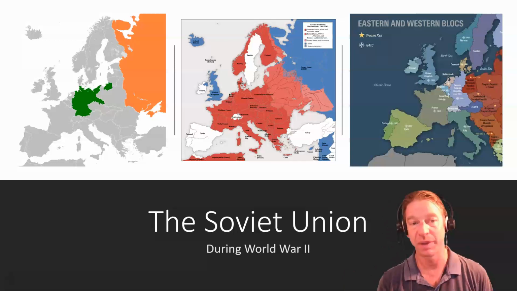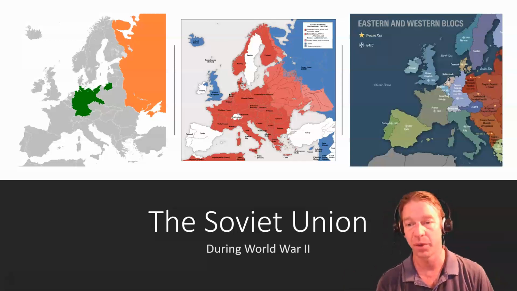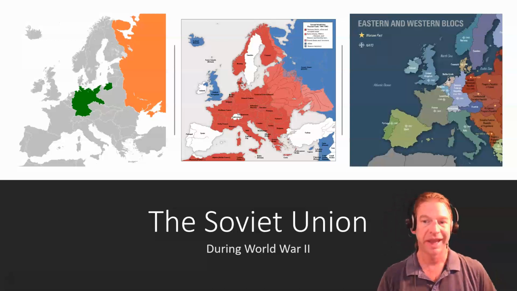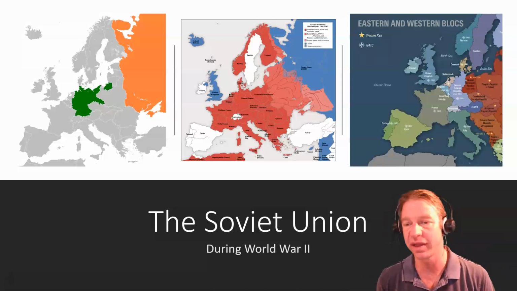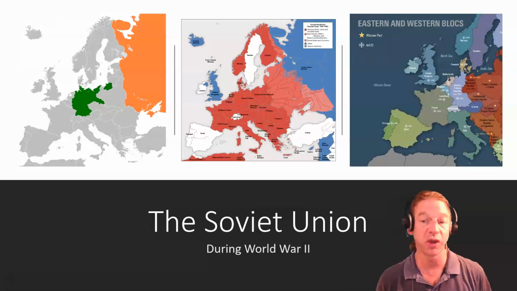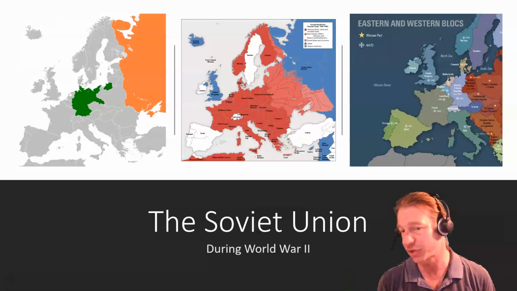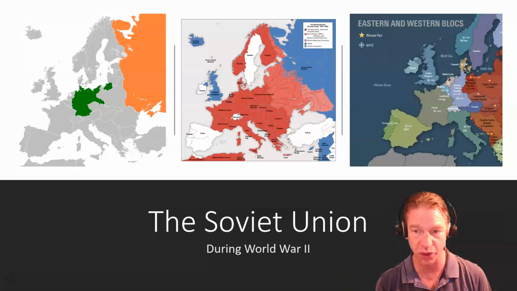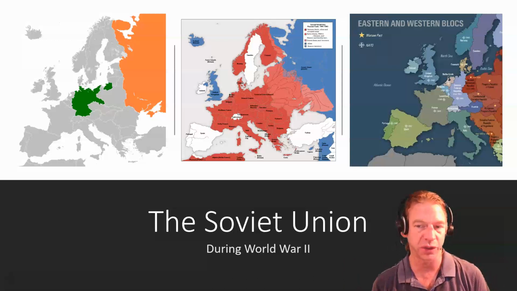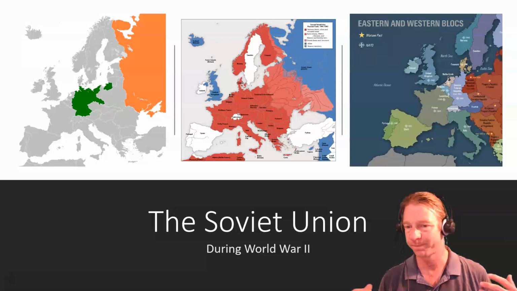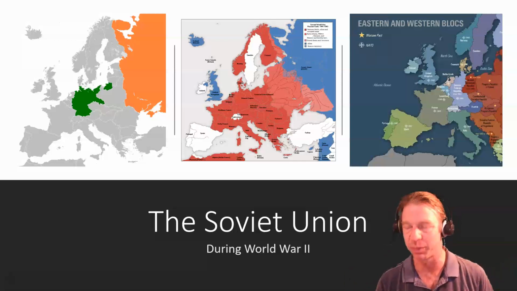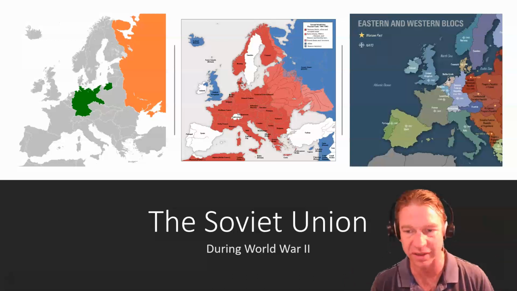And this allowed Hitler, of course, when he was invading non-Russian portions of Europe, to be effectively guaranteed the economic benefit of that trade with the Soviet Union prior to Nazi Germany's invasion of the Soviet Union, which of course occurs on June 22nd, 1941. For historians, we know that was always Nazi Germany's plan. It was always Hitler's plan to invade Eastern Europe and the Soviet Union to create Lebensraum, or living space, for